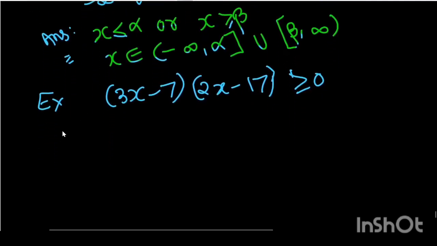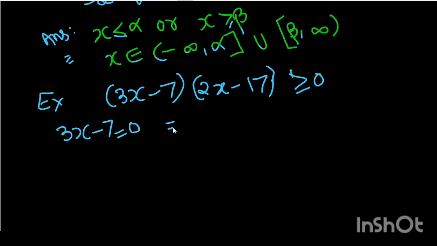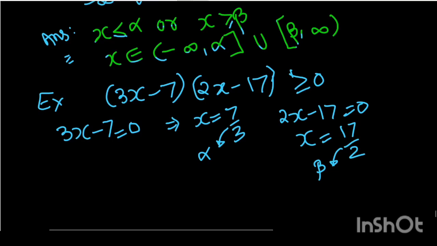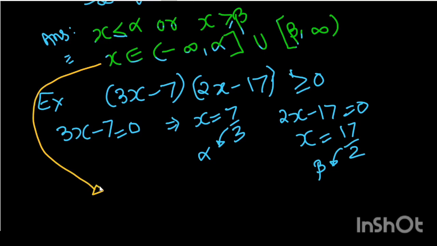If you equate 3x minus 7 equal to 0, you will get x equals 7 by 3, and if you equate 2x minus 17 equal to 0, you will get x as 17 by 2. The smaller value we choose as alpha, the bigger value as beta, and directly we can use this result and write the answer, guys, which is